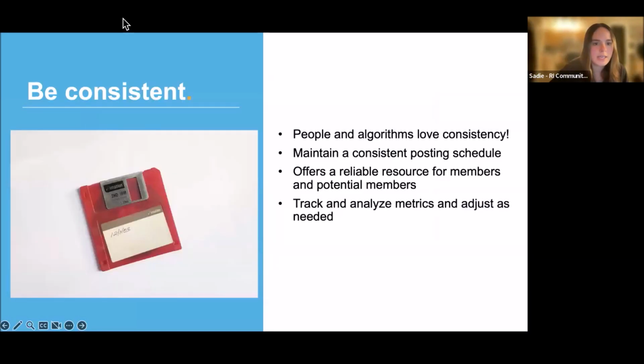Let's go to the next slide. So I will be mentioning the pesky algorithm quite a few times today. A big thing that we just hound into anyone who will listen is be consistent. People and algorithms love consistency. And so maintaining a consistent posting schedule will keep your audience engaged and interested in your content. This doesn't have to be every day. It could be once a week or twice a week, Monday, Wednesday, Friday, but just maintaining that consistency is key on getting your content